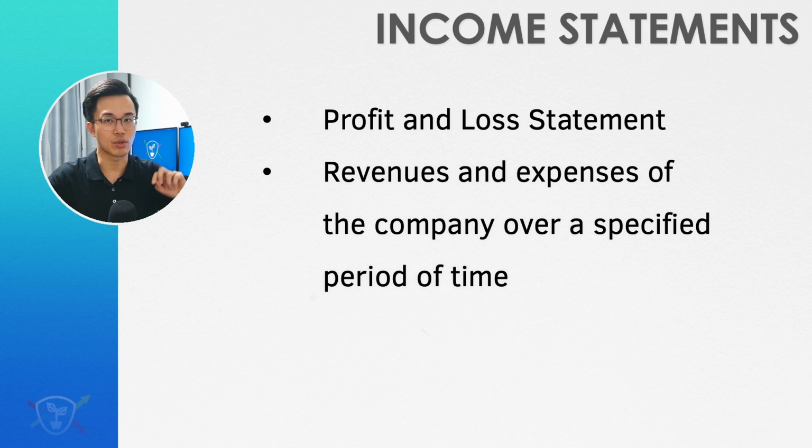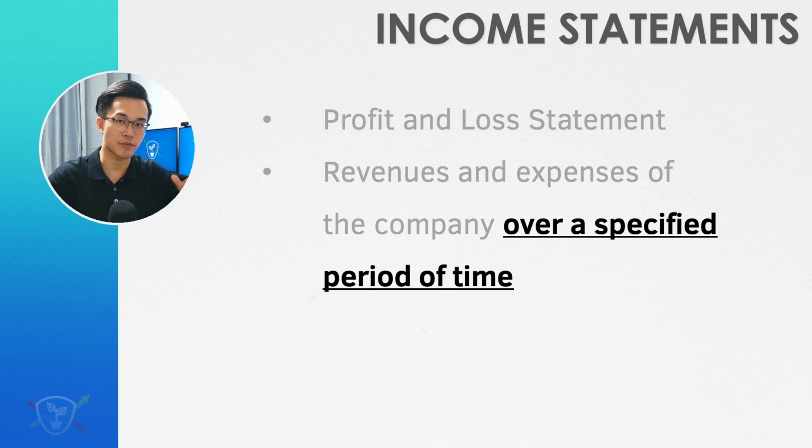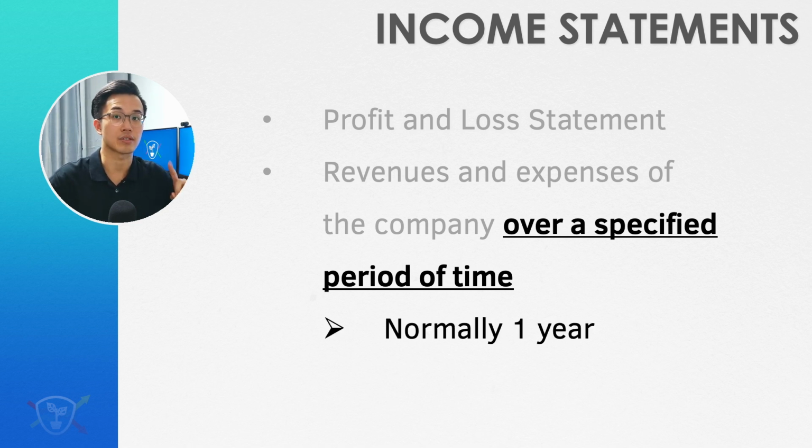So the first thing to note from this definition is that income statements are for a specified period of time. Now normally the time frame is for 1 year, so the income statement is going to reflect the business activities that happened throughout the year. So if the financial year end of the company is 31st December, then we're looking at activities that happen from January 1st to December 31st. And if the year end is March 31st, then we're looking at activities from April 1st to